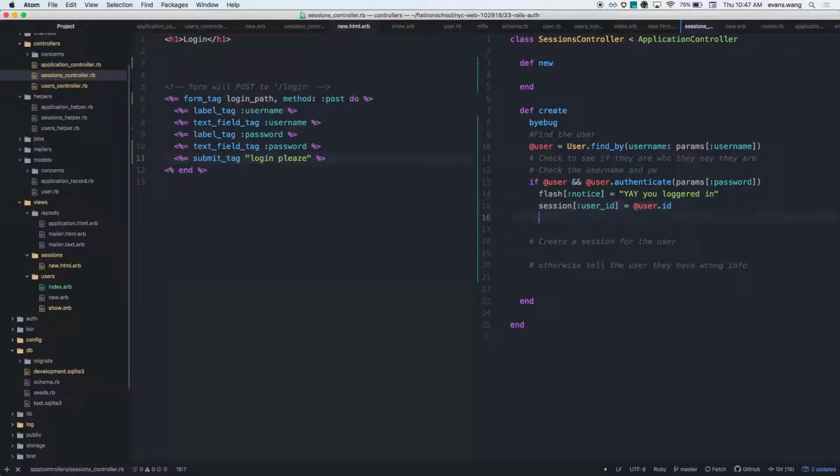After I do this, what should happen? Sure, I can redirect right to the user. But I want to make sure I catch this if statement, right? What should happen if they fail to authenticate? What do you want to happen? Well, I want to let the user know something, right? I want to let the user know what time it is. And that is,